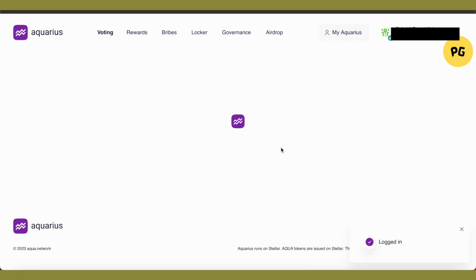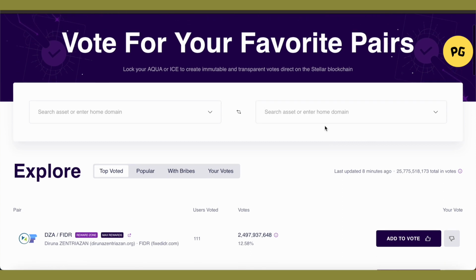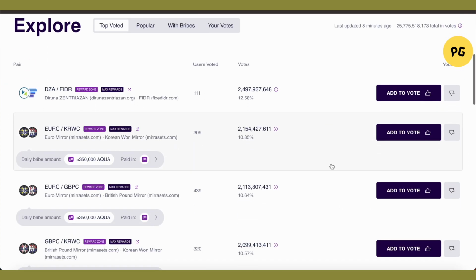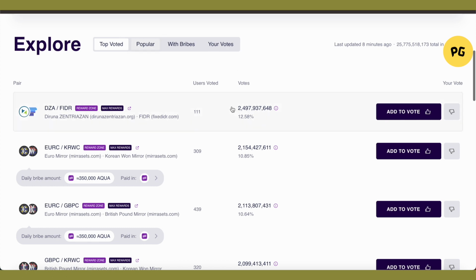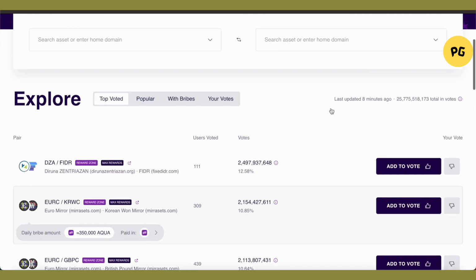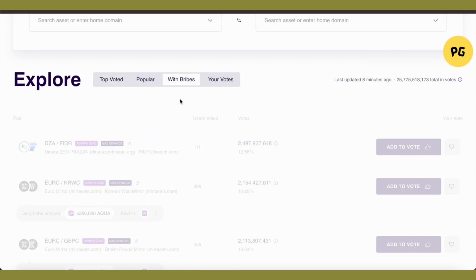Here wait for the page to load, and here you get different options to choose from. Whether you want to vote for the top pairs, just select the top pair option and vote for it. If you want to go with the popular ones, then just vote for the popular ones. But in our case I want to earn bribes, so for that I will just go with the bribes option,